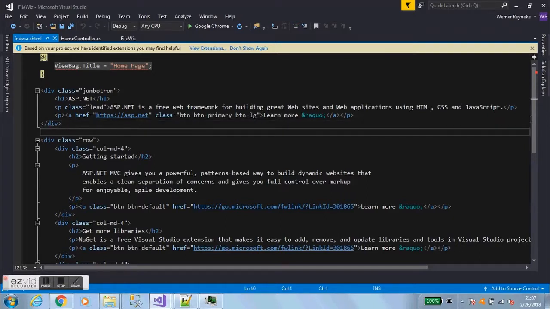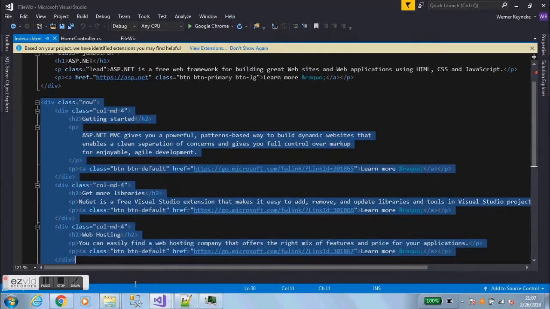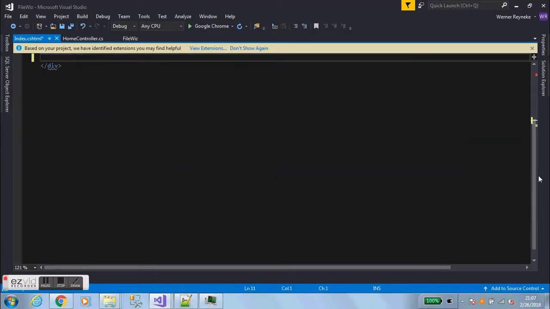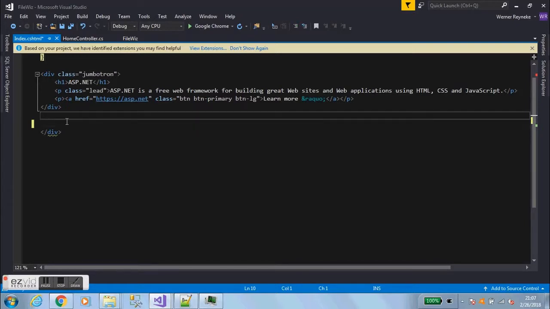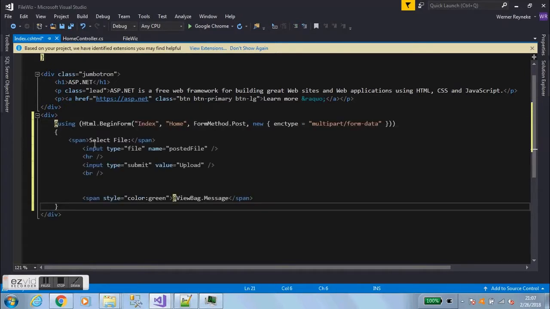Okay, so all of this default code we're basically going to delete. So let's delete everything from here. Okay, and then let's just add another div here. Okay, like that. So right here we're going to add some code, and I'm going to explain to you what this code